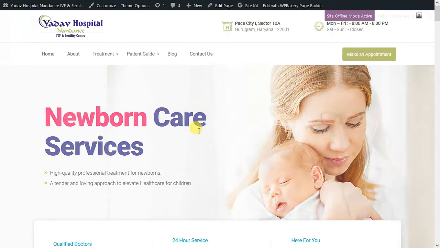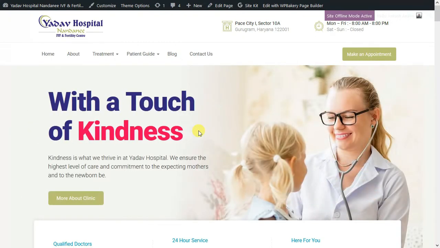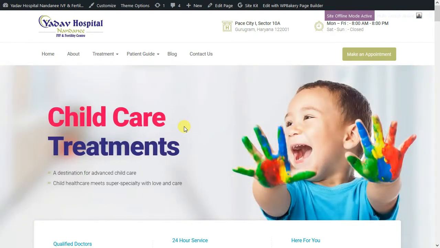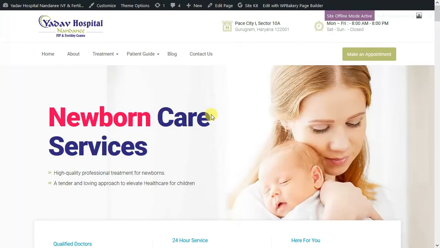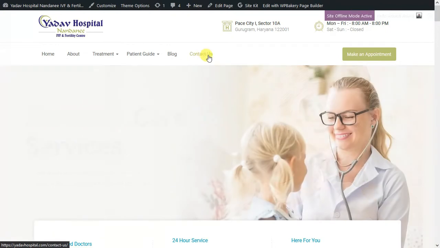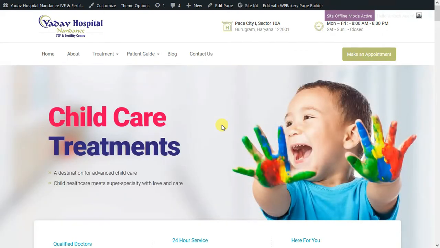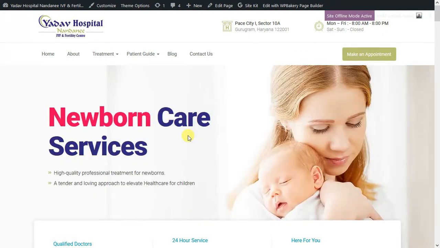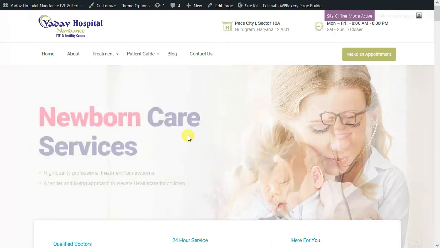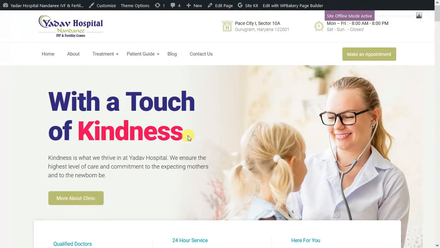Now I want to add some features, or I want to update something, I want to add something. So a lot of people directly start doing changes on a live website. Some people put it in maintenance mode, but that's also not a good user experience. Your website is already out and people have already started to visit the website. Now you want to add features to an existing website, then you need something else, and that